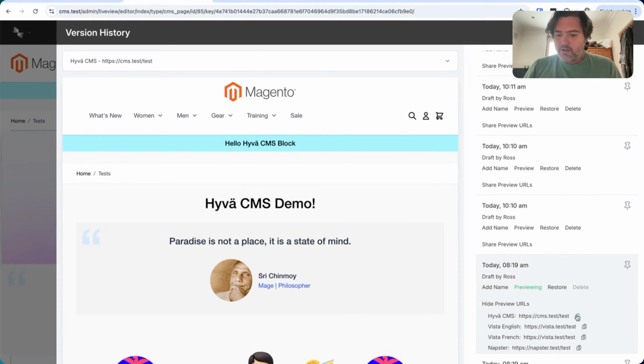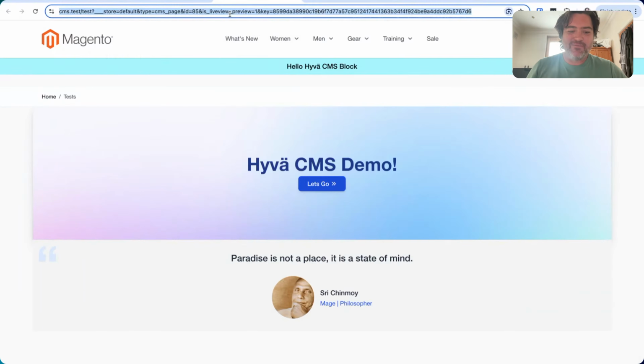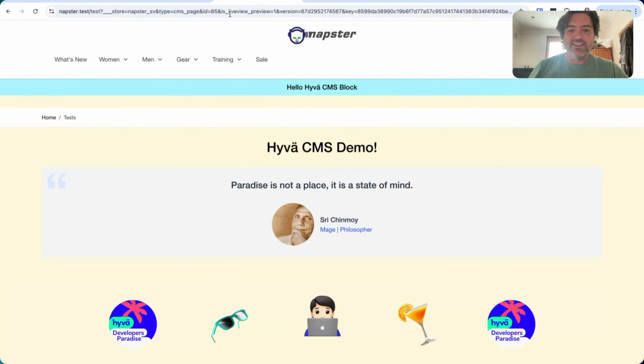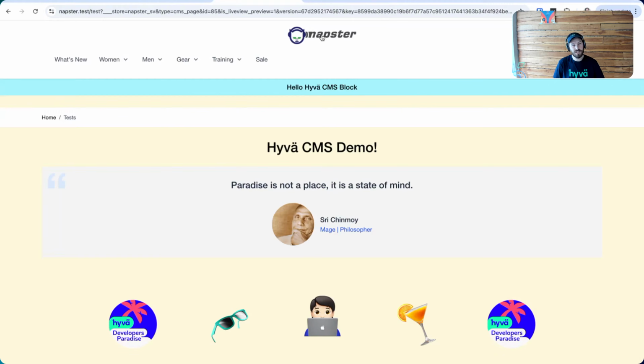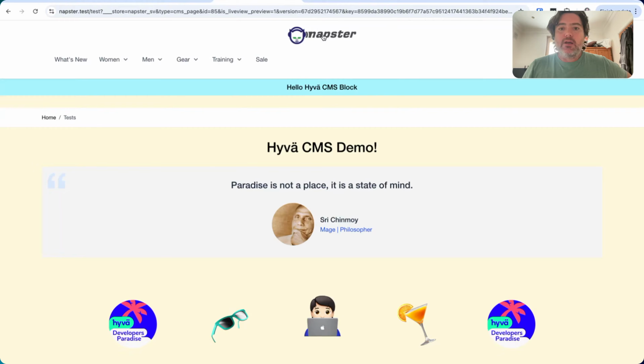I'll share a URL there. Actually, I'll share the Napster one. Hopefully Napster don't mind me using that name if they're still around. There, that's in the version from yesterday, so you can preview it as well. And that's publicly available to anyone that has the URL, right? Yeah. They have to have the exact URL, and it's got security with this hash key, which is quite secure. It's a very common way of sharing URLs online.